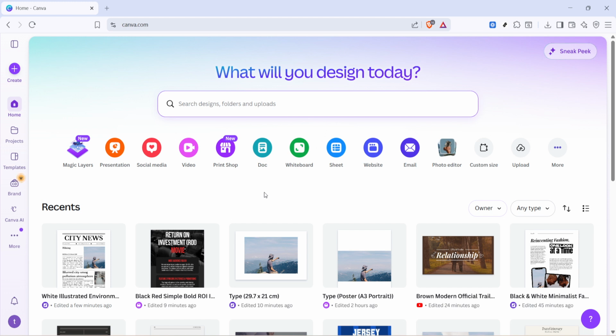That's all there is to it. Go to canva.com, click Log In, select Continue with Google, pick your account,